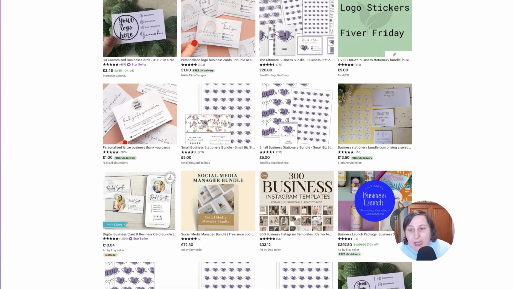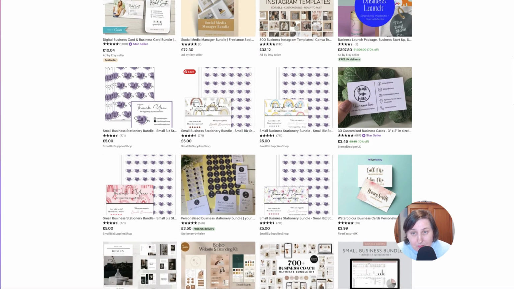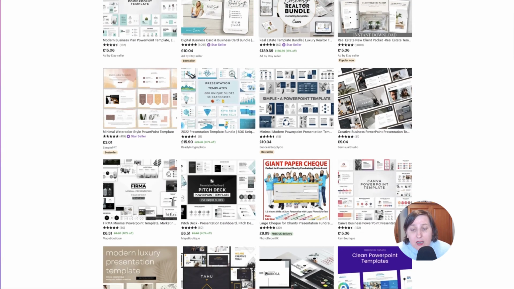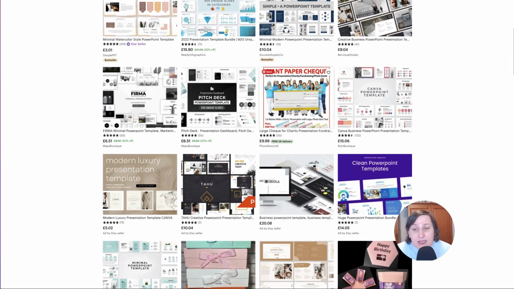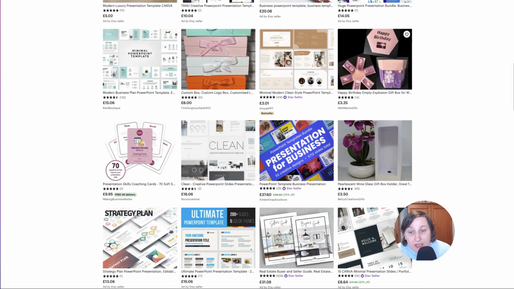budget planners, different sorts of things like that, sticker planners, and you could also do certain things like presentation templates as well that they can also be using, so you can be branding their whole business by using different things like this. And again, you'll see that a lot of these are aimed at Canva. There is some for PowerPoint, like this one's a PowerPoint presentation, but there are different ideas there for you to